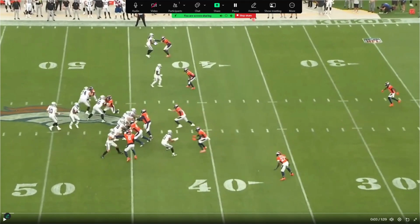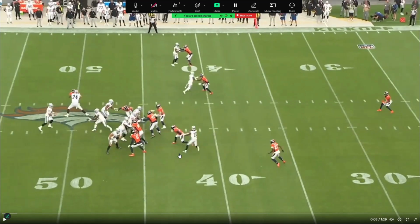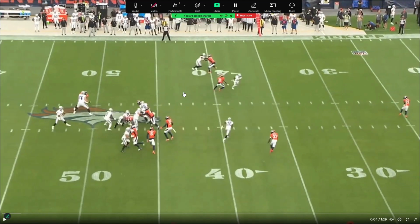Another thing is he's got very long arms. And when he latches on, he's able to latch on for quite some time as well. But watch his eyes. Eyes are where they need to be. Then he goes from one hand to two to just steer Devontae Adams and control him. And then now just